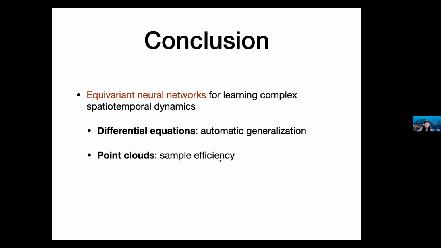In terms of future work, I think a natural idea is to extend this to probabilistic settings, where we need to quantify the uncertainty in the prediction. So there is a separate line of research on probabilistic symmetry that we're currently exploring. So that could be future work.